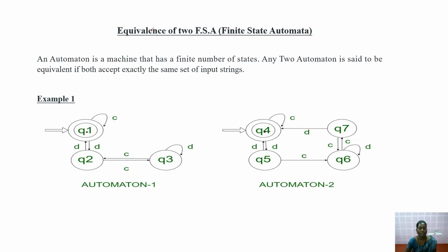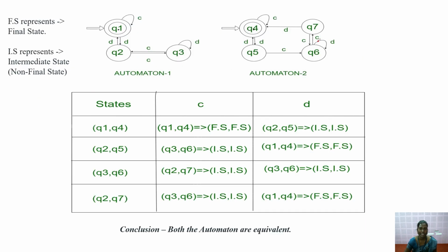Next, equivalence of two finite state automata. An automaton is a machine that has a finite number of states. Two automata are said to be equivalent in the sense that they match exactly the same set of inputs. These are two automata. We'll move on to the next slide. Here I have explained briefly. Final state has been represented as Fs. Final state means double circle,